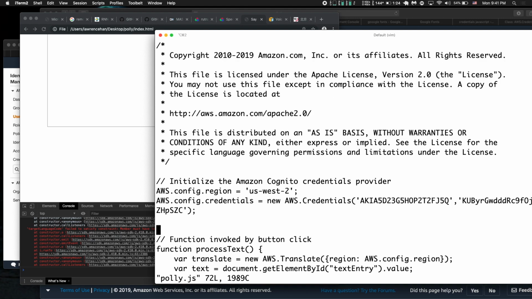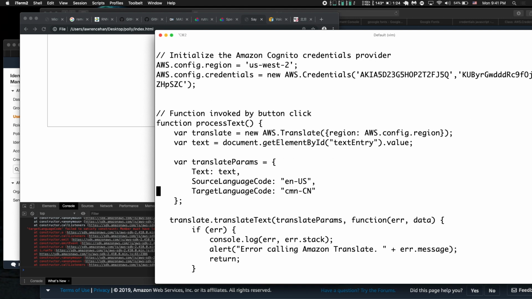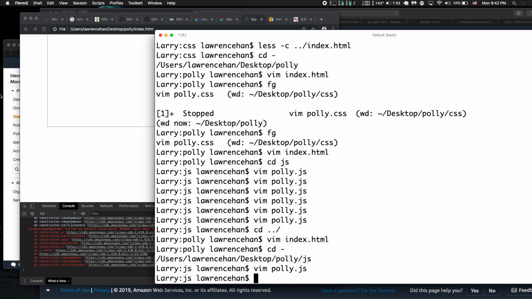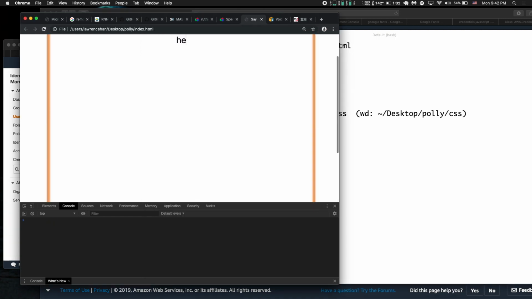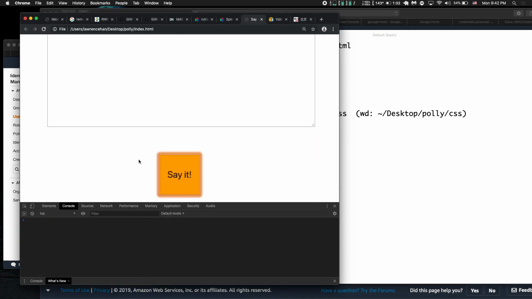How come English is EN hyphen something? No, I think that was for Polly. The CMS was Polly. Oh, I see. So the English one is fine too. Translate one is just EN. You don't need the U. Oh, that makes a whole lot more sense. Yeah, okay. 你好。